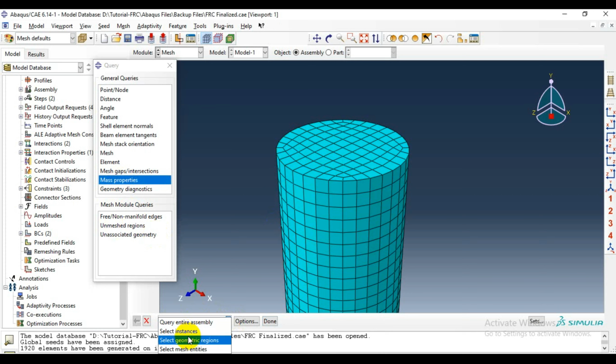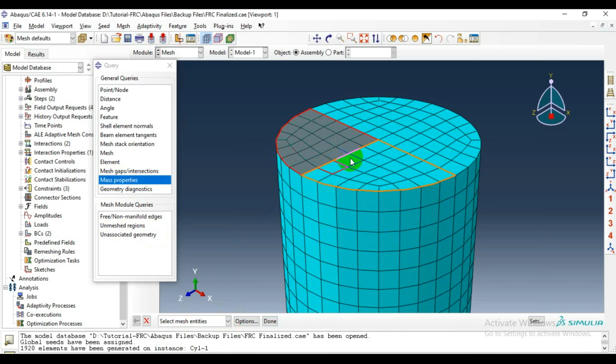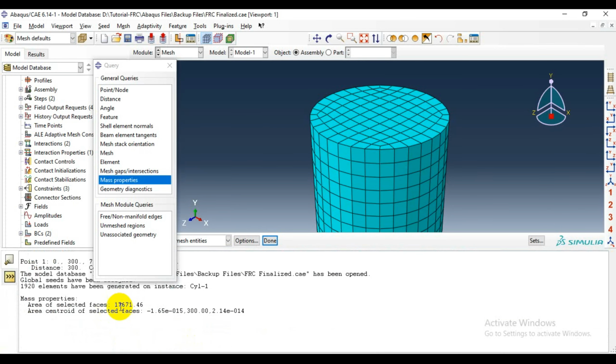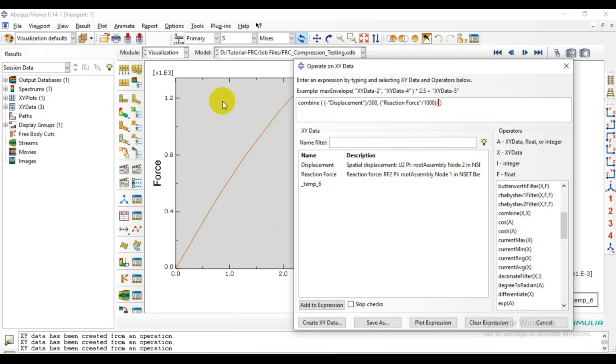I don't remember that. And then, so area of selected face 17671.76. Let's copy it and paste it over here. And let's just remove this here as well. So it is